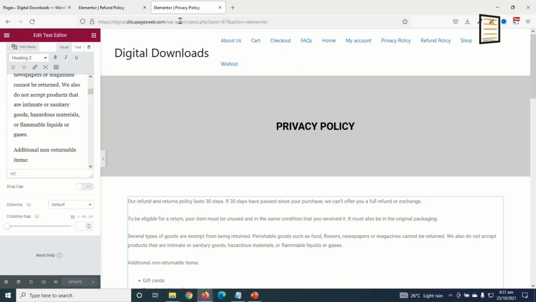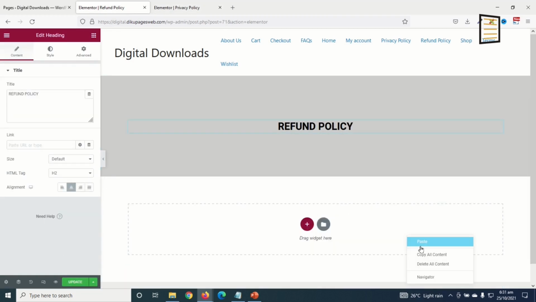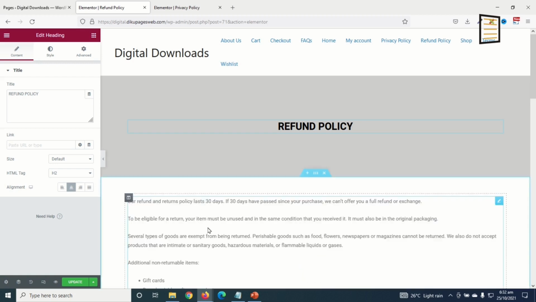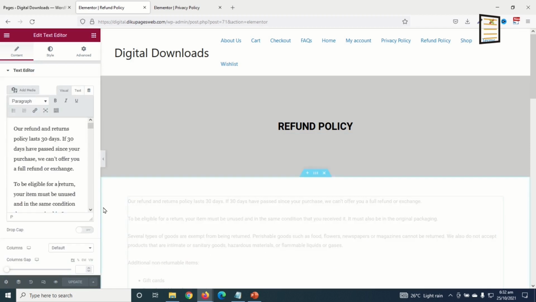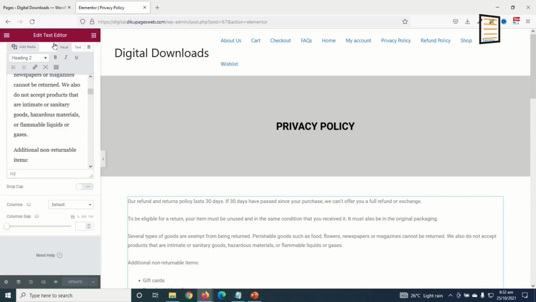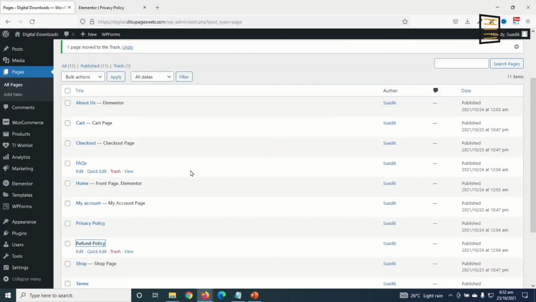Perfect. Go back in there, copy the whole of this section, come back, right click in here, paste. And I'll leave this as my refund policy. Then I'll go ahead and update. Take note, you can edit it by clicking on it and do the editing from here. I exit from here, going back.